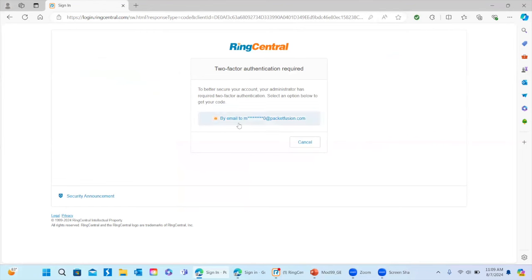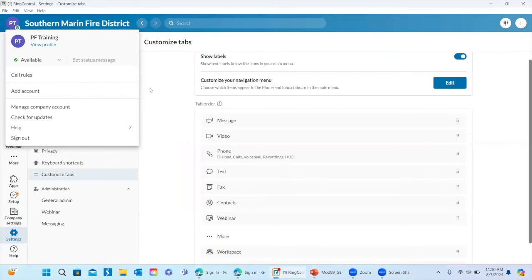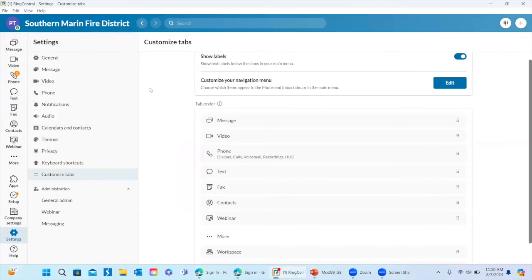Oh, so yeah, it'll bring you to this two-factor authentication. I have it up here already. I think Munir, whose account this is, is in a call, so I'm just going to cancel that and then bring me actually to the page. So once I log in, it's going to bring me to this